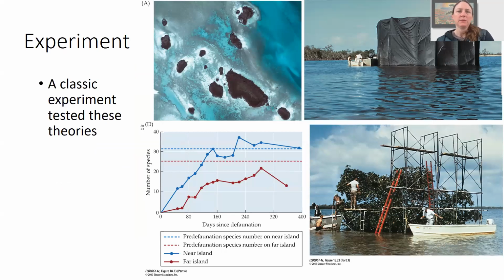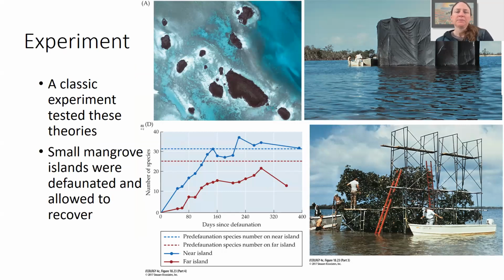And it was followed up by a pretty interesting experiment by E.O. Wilson and his student Dan Simberloff, in this classic experiment that experimentally tested these theories by going to mangrove islands and taking whole islands and covering them with plastic and fumigating them. So basically killing all of the insects on the island and then allowing them to recover. And so this is a pretty extreme experiment. It would be hard to get a permit to do this today, most likely, but what you can see in the figure is that you have